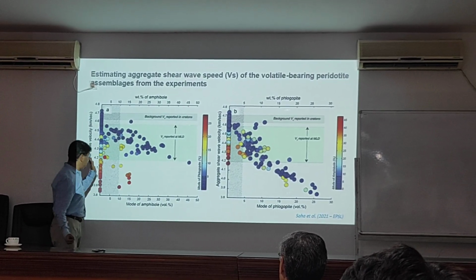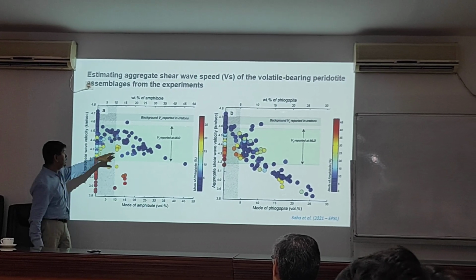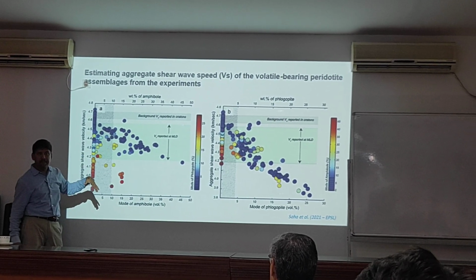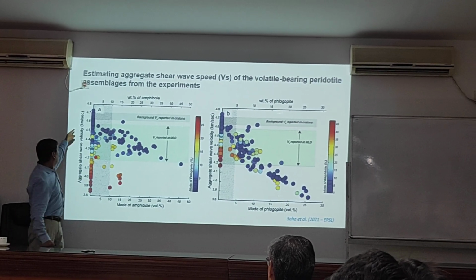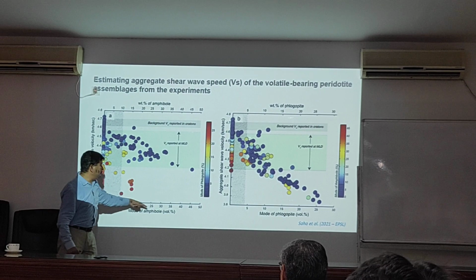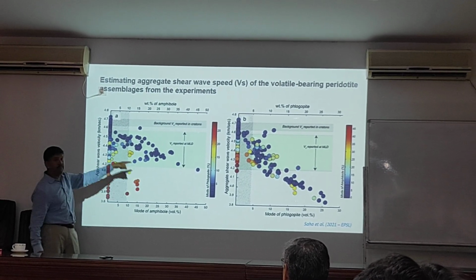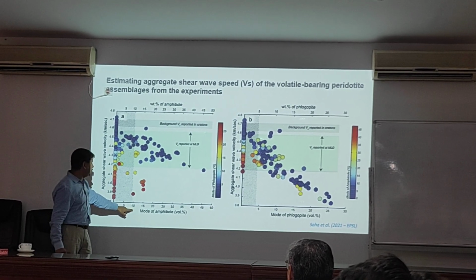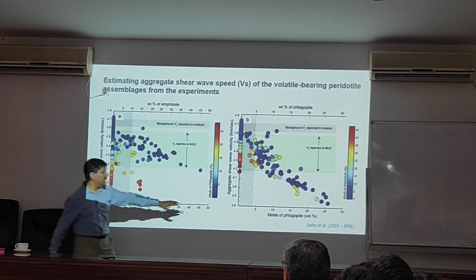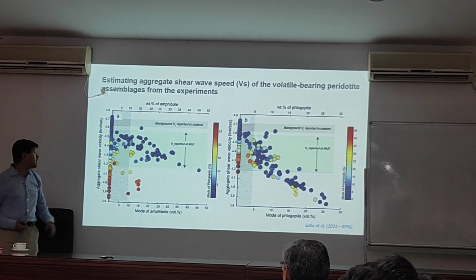As you can see, as expected, the mode of amphibole is higher and higher, and the phase equilibria are coming from experiments, and the mineral physics data are allowing us to calculate the velocities. What you can see is as the mode of amphibole or phlogopite increases, there should be a drop in the aggregate shear wave velocity. But importantly, because the mode of amphibole cannot be more than 10%, and the mode of phlogopite cannot be more than 5% for natural systems,